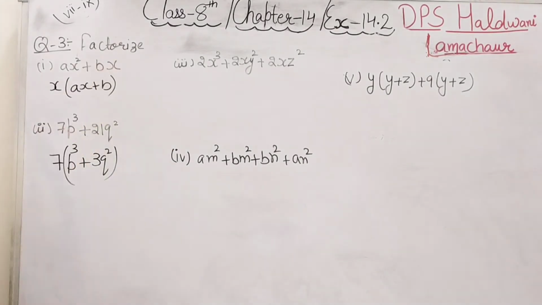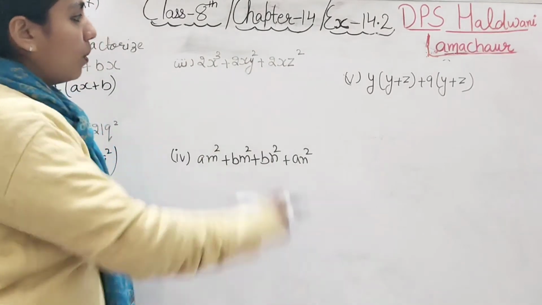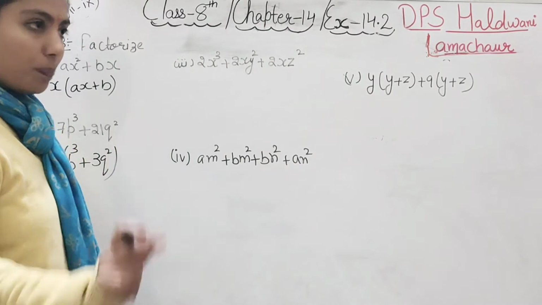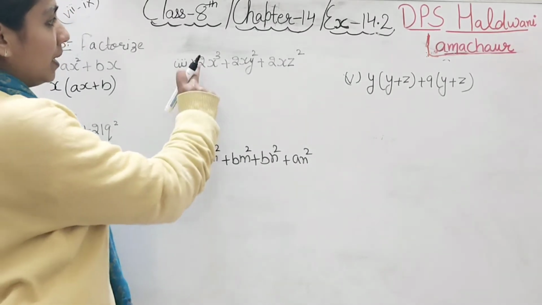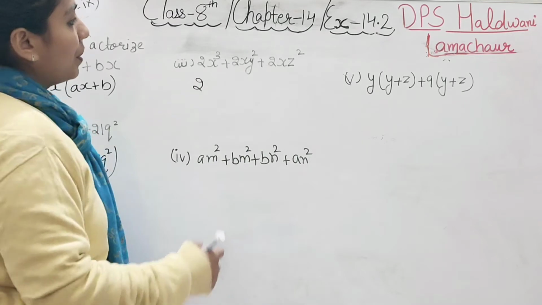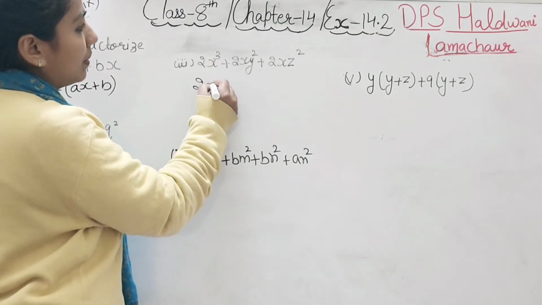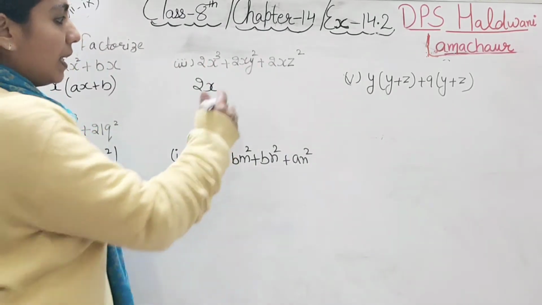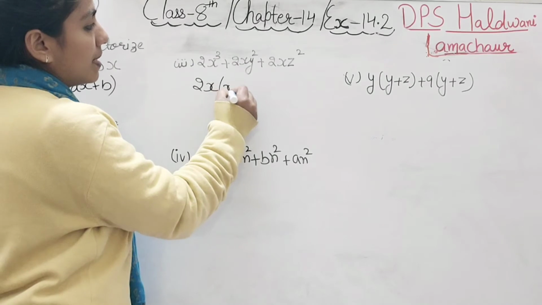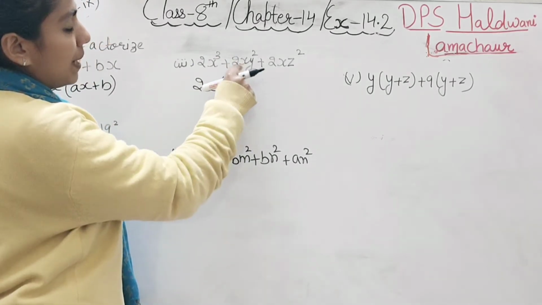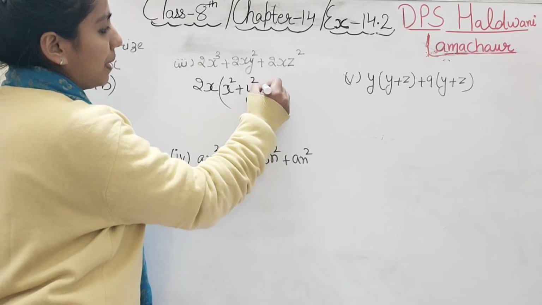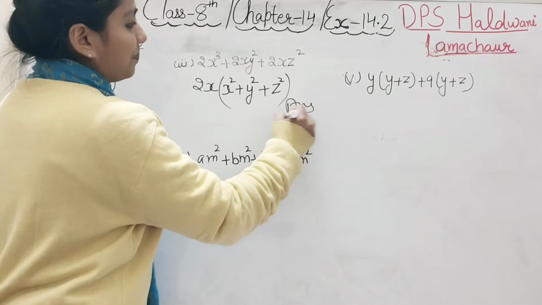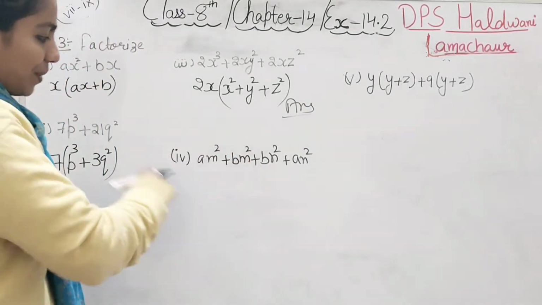Right? Coming to our third part. Now 3 terms are there and all are variables with coefficients. So perfect square is not possible. Middle term not possible. Again common factor. 2 is common in all 3 terms, or you can say x is common in all 3 terms. Only x, because the lowest power is x only. Right? Now what else is left? Here x square is left, plus 2x is outside, so y square will be left, plus 2x is outside, z square is left. That's it. So this is the answer. Very simple question, no? Now coming to our fourth part.